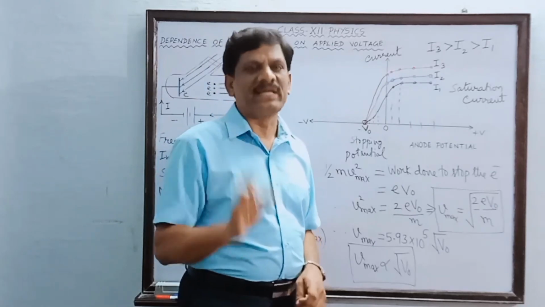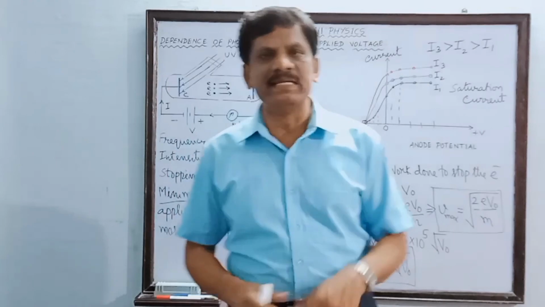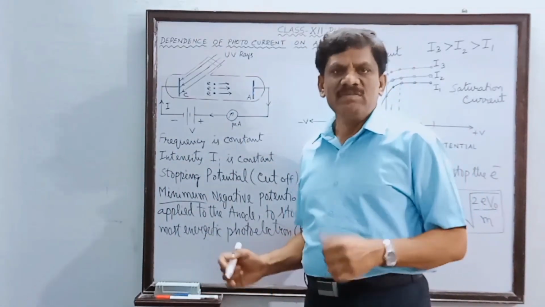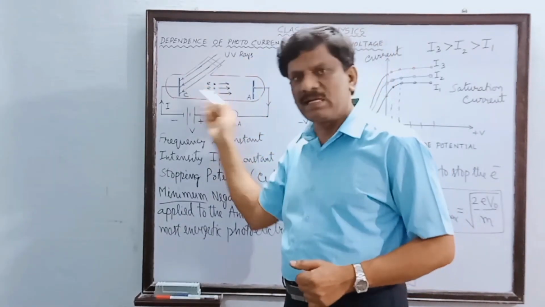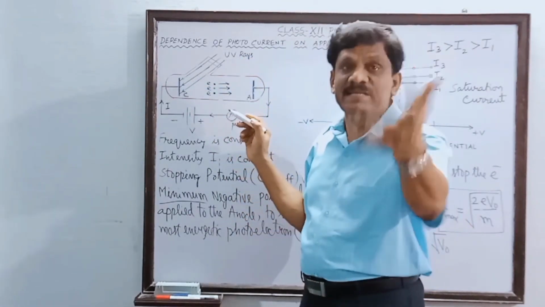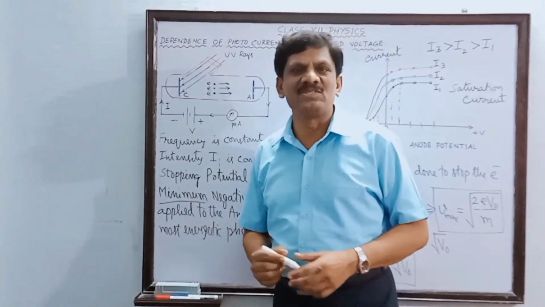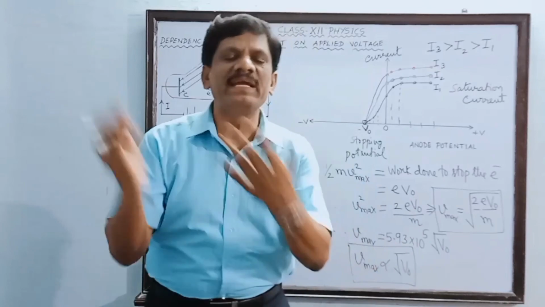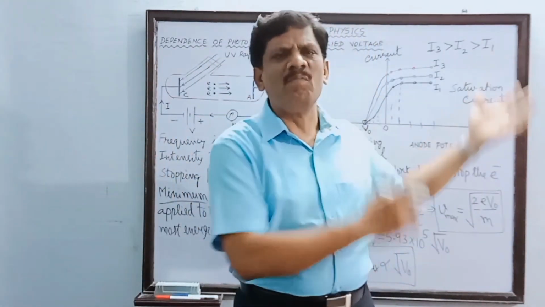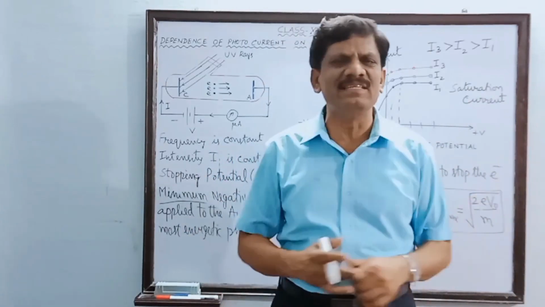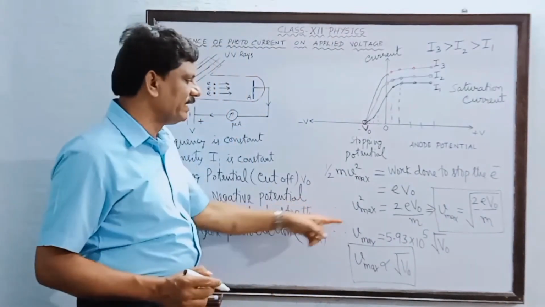Now I am going to summarize. What is more important is, who is providing the kinetic energy to the photoelectrons? We studied that when light is incident on the metal plate, electrons are emitted. So when the light itself is having less energy, the kinetic energy of the electrons also will be very less. When the incident light is having extremely greater energy, then the photoelectrons will pick up more energy and have more kinetic energy. Is it not? So the kinetic energy of the photoelectrons